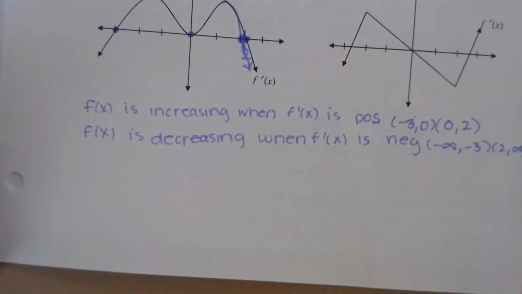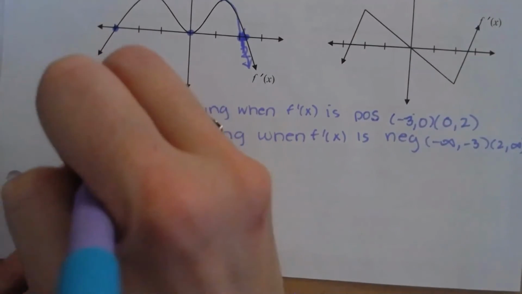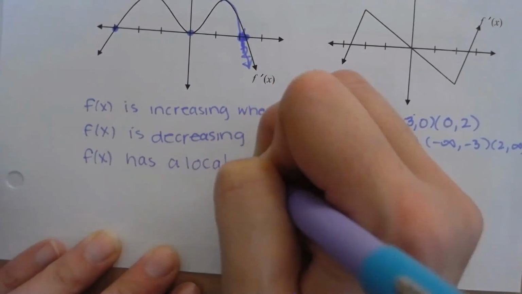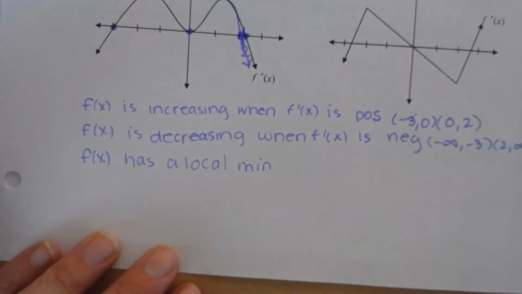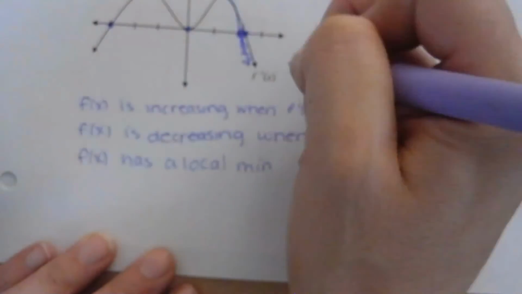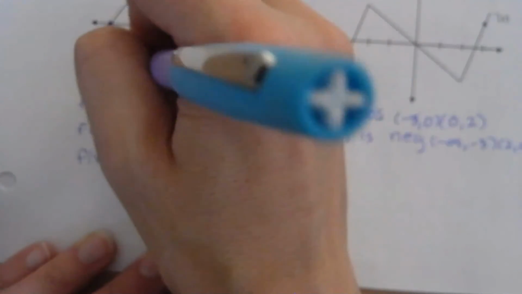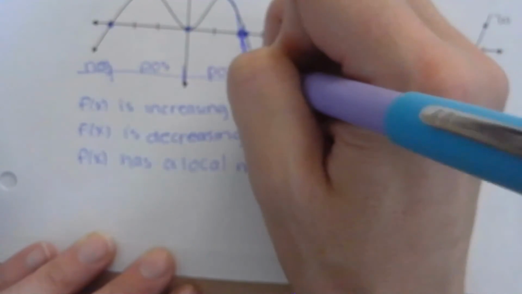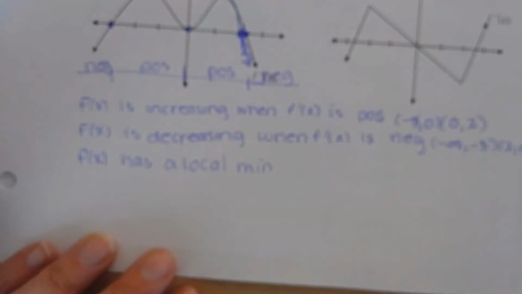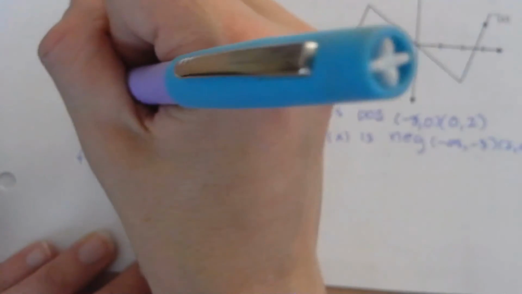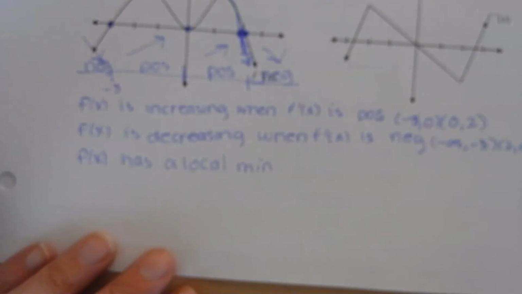So extrema-wise, f of x has a local min. Again, you could do your sign chart too, right? If you made this your sign chart, this would be negative, positive, critical point, positive, negative. I think that helps you to see that too. So that means it's decreasing, increasing, increasing, decreasing. So x equals -3 is our local min